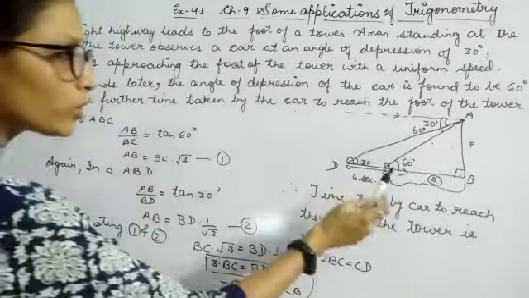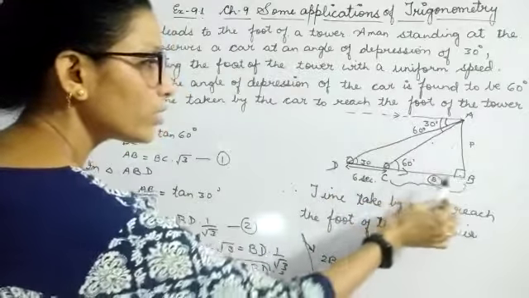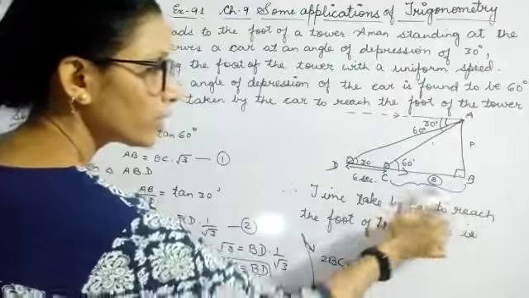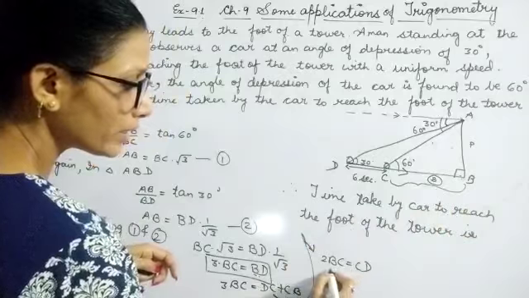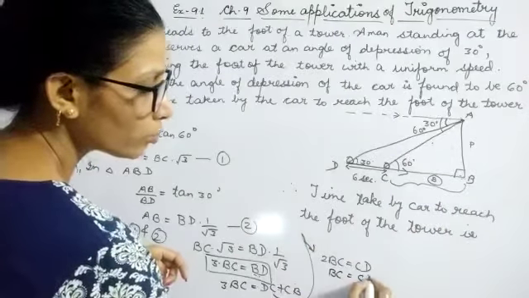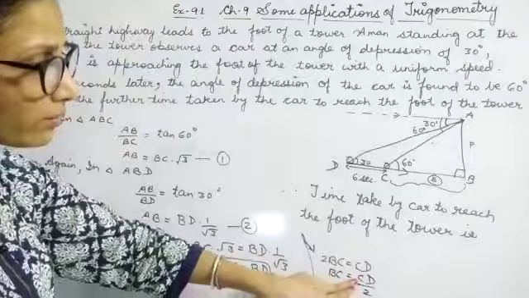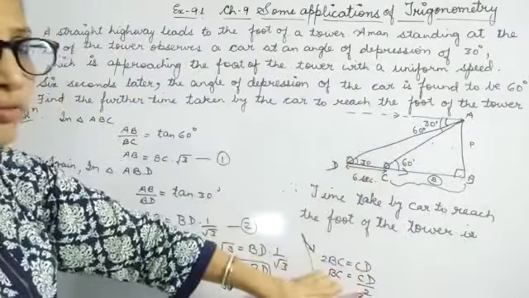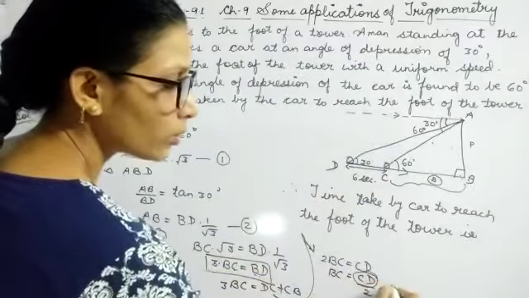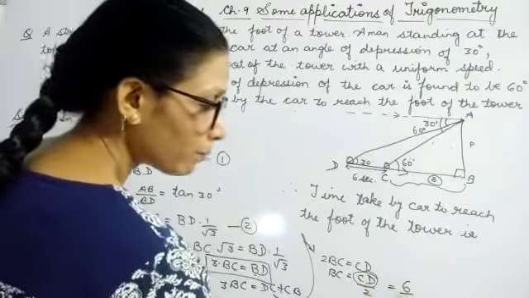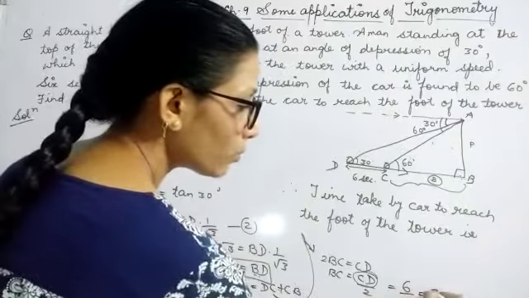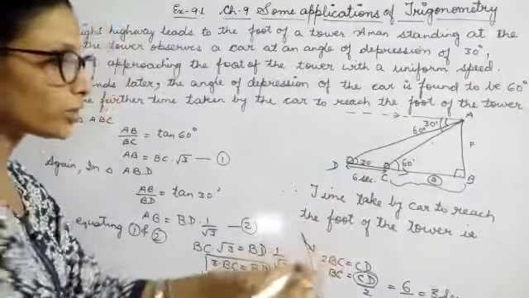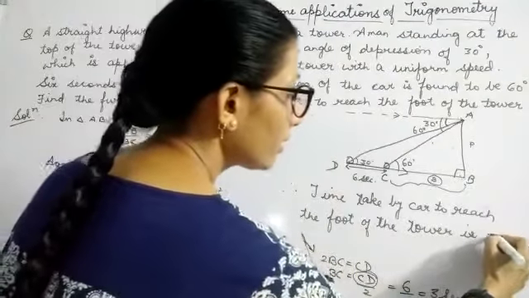Alright. I want to calculate the time taken to cover the distance BC. So here you will be getting BC is equal to CD by 2. That means whatever time has been taken to cover this distance will be half of this. So CD distance is covered in 6 seconds. Make it half of it. So it will be covered in 3 seconds. That means this distance will be covered in just 3 seconds. The time to reach the foot of the tower is then 3 seconds.